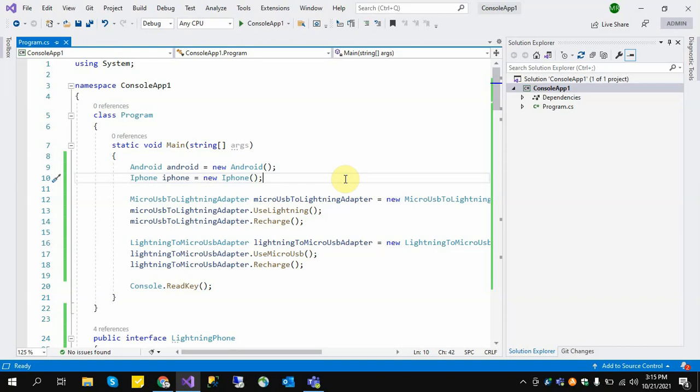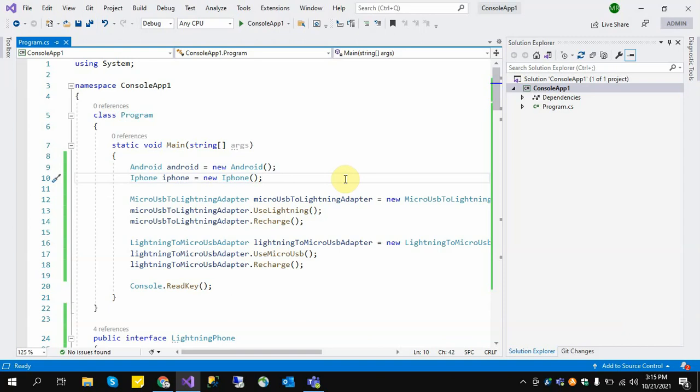In this video, I am discussing the adapter design pattern. Adapter design pattern is a design pattern. It falls under the structural design patterns. It means the main functionality of the adapter design pattern is mixing and connecting incompatible interfaces. The adapter design pattern has the responsibility of connecting incompatible interfaces.